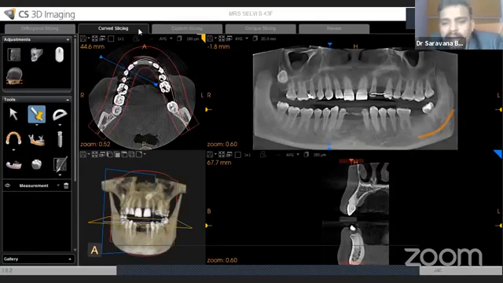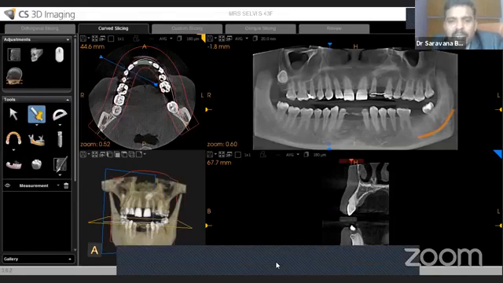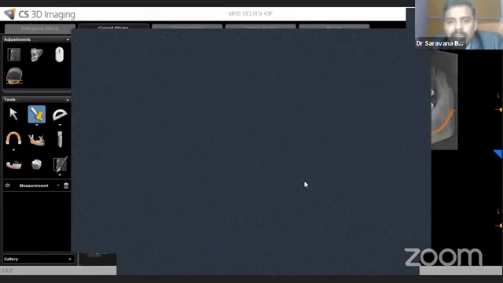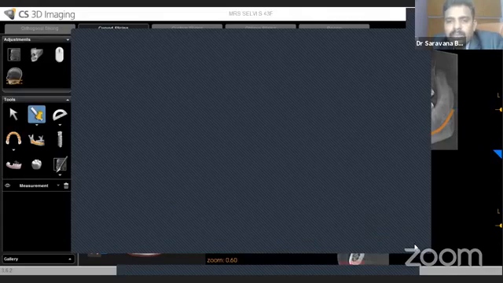Okay, now I am going to follow my PowerPoint. That is the last point of the PowerPoint. What are the various applications of CBCT in dentistry? So far I have discussed many aspects of the basics of CBCT and a 10 minute explanation about the software. I know that will not be sufficient, just an introduction to the software.